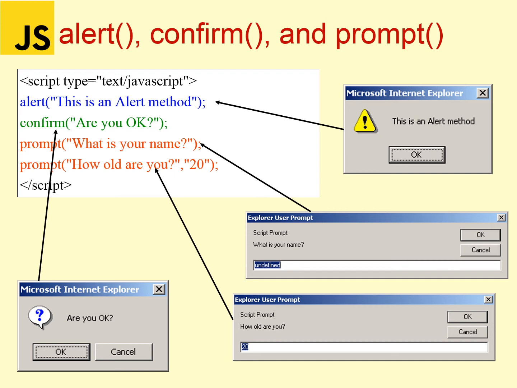Now there is another example for prompt. Prompt, how old are you? Here 20 is the default answer. So a message box is created like this. The question is how old are you? And the text field is there. By default, the text field has the value 20. The user can either edit the value and click OK, or give a new value. He can either choose OK or Cancel.